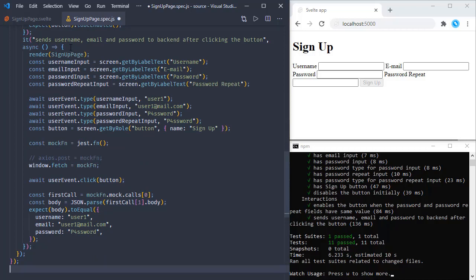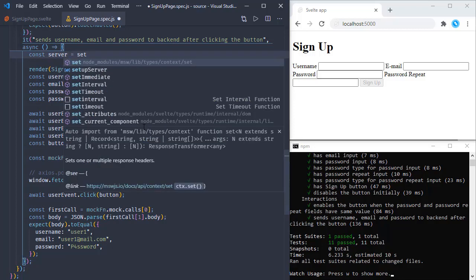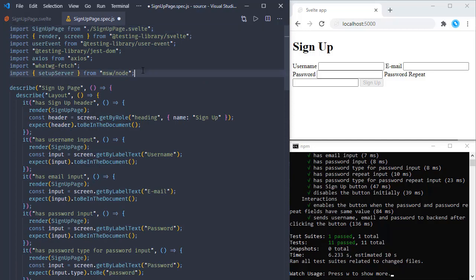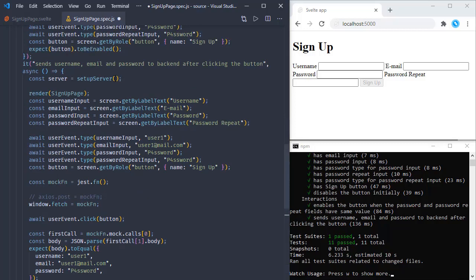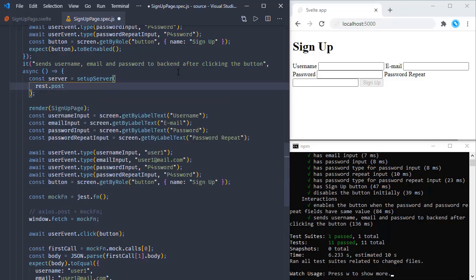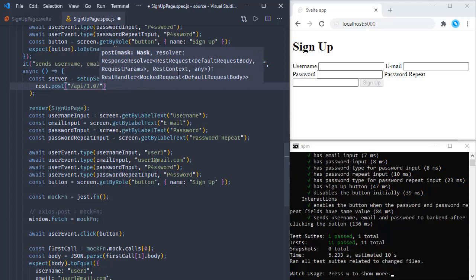Now, before our page is rendered, let's create a server here. So we will have a server, and we will be creating the server by running setupServer. And this setupServer takes request handlers, and we are going to add a REST handler. And let's import another function from MSW, and that is rest. So we are going to have a REST endpoint which will be handling POST requests, and the first parameter is the path, so it is going to be handling the requests coming to the API 10 users, and the second parameter is